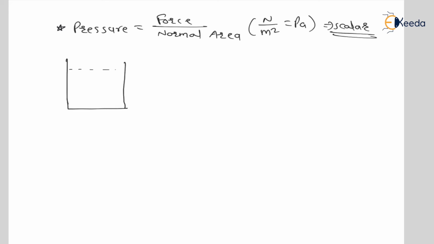Let's say I consider one static liquid, water or any liquid stored in a jar. Now if I consider a three-dimensional element in this liquid, a small point. As per Pascal's law, for a static fluid at a point, pressure in all directions is the same and compressive. Means along the y-axis it is compression, along the x-axis it is compression, along the z-axis also it is compression.